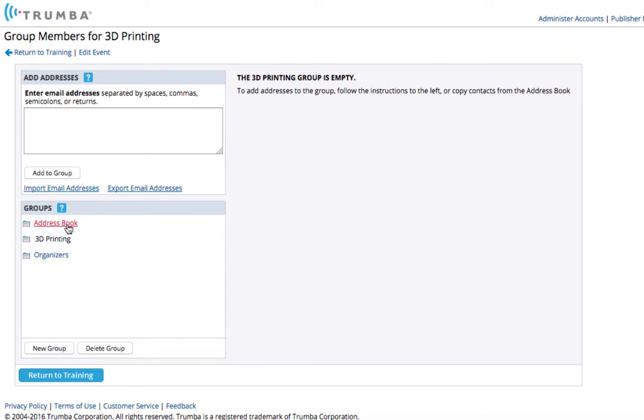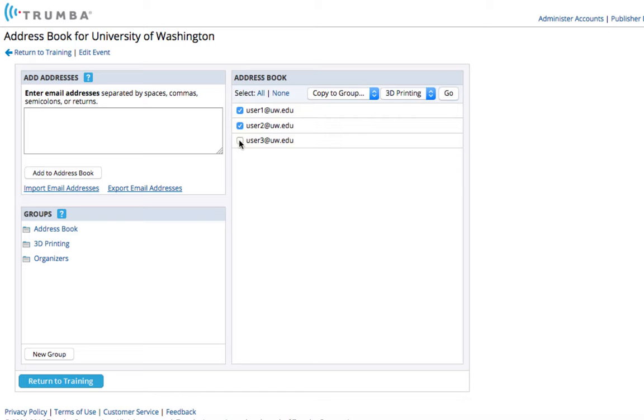If we go back to our address book, we're going to select these 3 email addresses and copy these to the 3D Printing group and click Go. Those 3 email addresses are still part of the address book. However, they've also been copied and added to the 3D Printing group. When you go back to Edit Event,